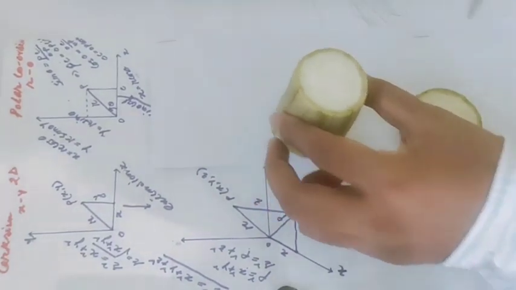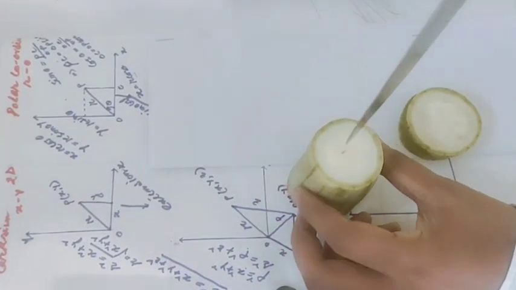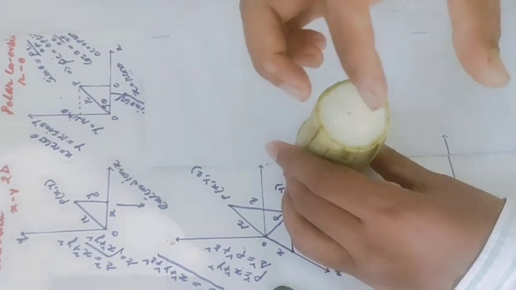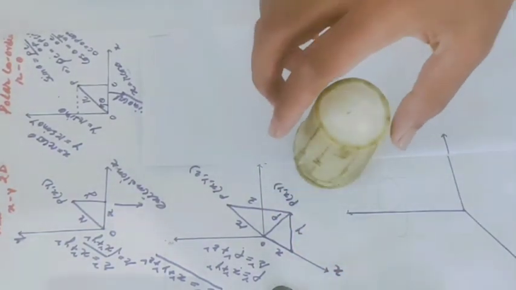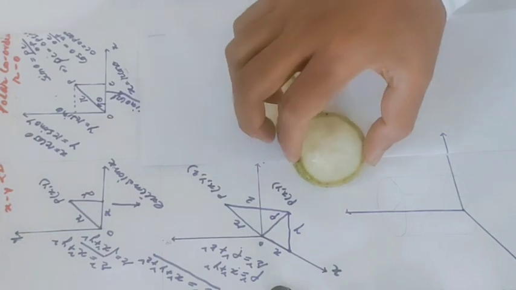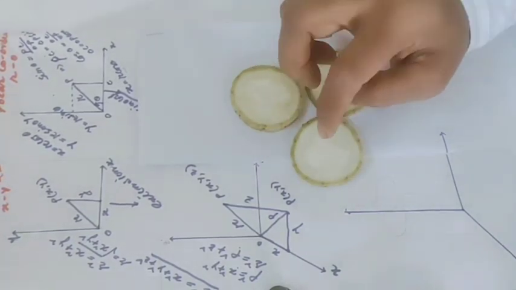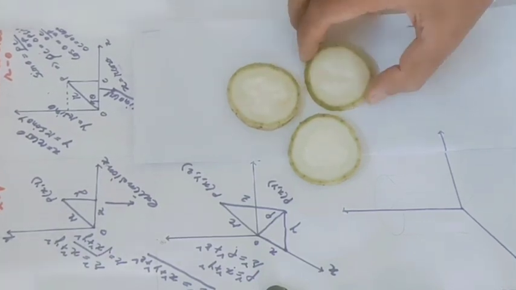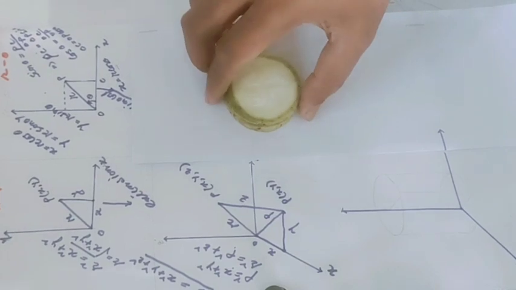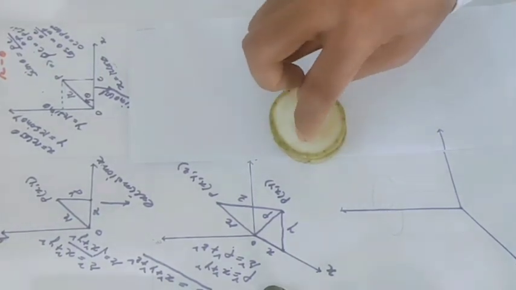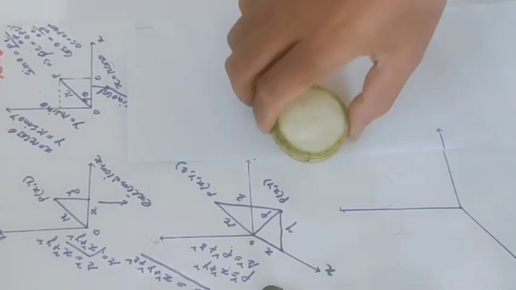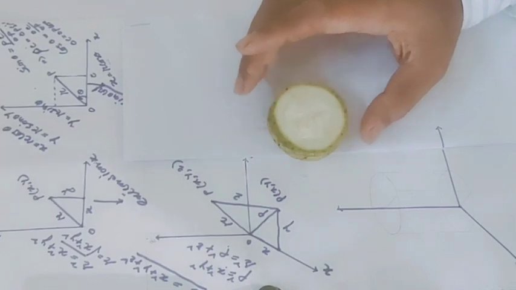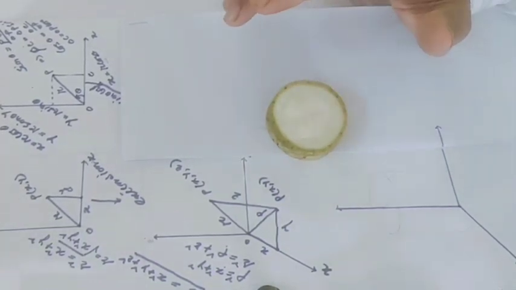So if I consider this as the z-axis, then just cutting into some slices, I will get the whole cylinder. Now you look at this: these z-axis slices are symmetric. If you consider this is the radius r, then this will also be radius r, and this will also be radius r. So along the z-axis there is no variation of r. If you consider a particular radius r, then along the z-axis these will simply be symmetric slices, there is no variation. Then we need not consider any other variable along the z-axis.